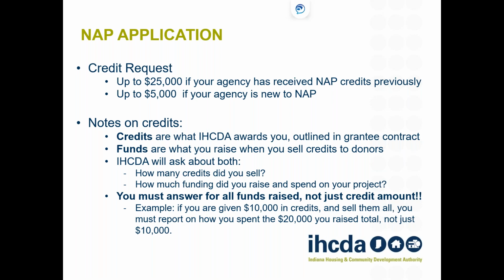And so it was our decision, it was our view that setting such a maximum amount that you can apply for, but then not being able to even come close to providing that was unfair. That seems a little unfair when you as an agency are trying to plan for the next year and plan your funding streams. You apply for 40,000 and you are hoping to get 80,000 total in funds when you sell